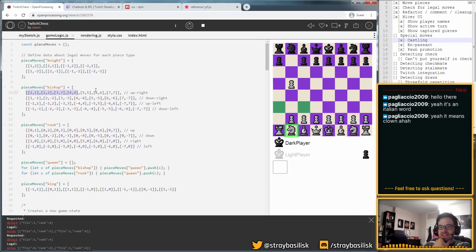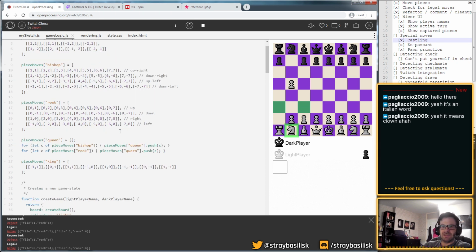And then these are grouped together in an array, and the way that the logic works is as soon as one of these moves is blocked, it stops considering subsequent moves. So that's how, it can't move here because it's blocked by a pawn, and that means it stops considering all the other possible moves. So that's how we've encoded how these pieces can move.